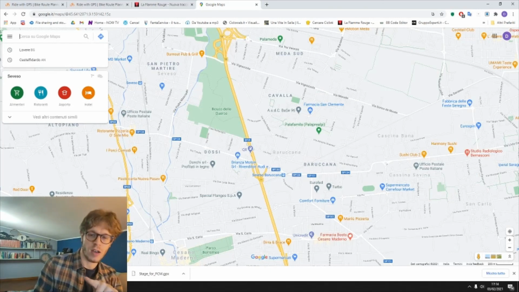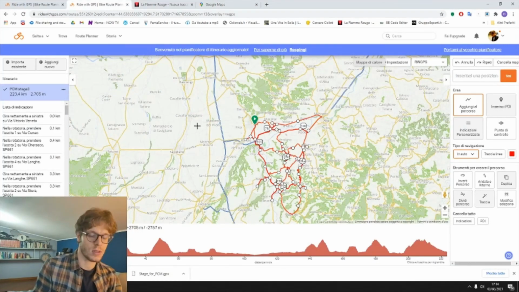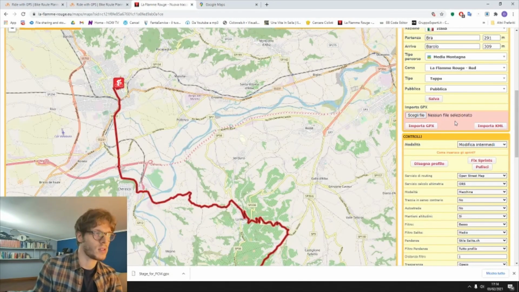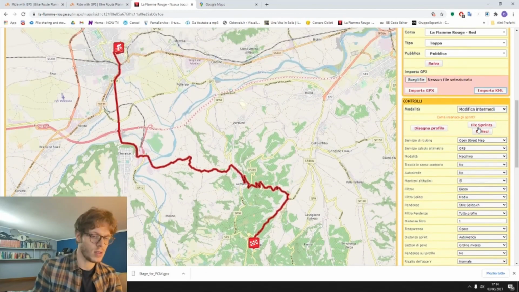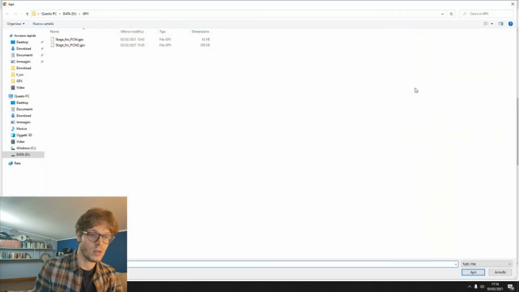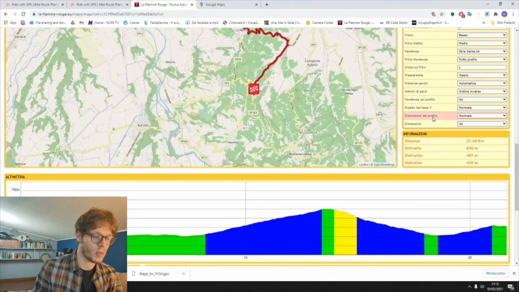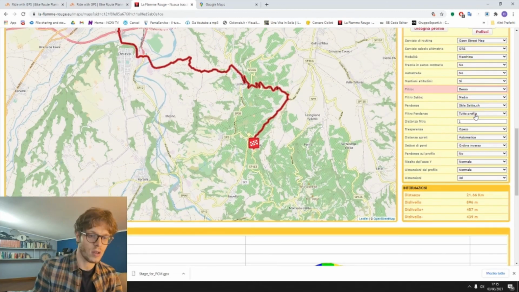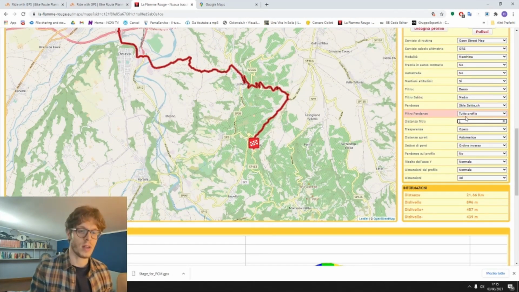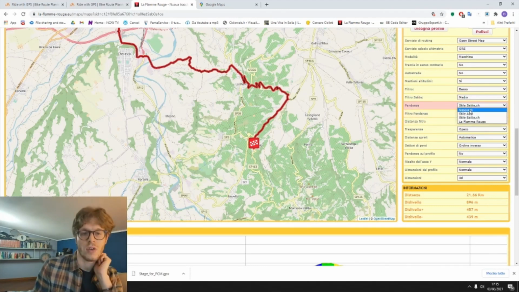To check the profile, I suggest a different website from Ride with GPS, which was this. I suggest this website, which is from Rouge, because you can track also with this, but it's better to use Ride with GPS to track the stage. But in this website you can import the GPX and check the profile. This is very nice because I have different options. For example, the filter. You can set the filter to 1, and then the filter for the slopes. You can set this one, the style of salite.ch,